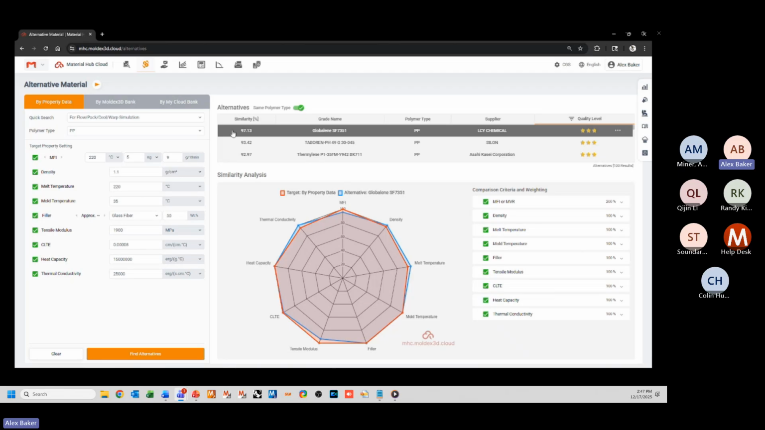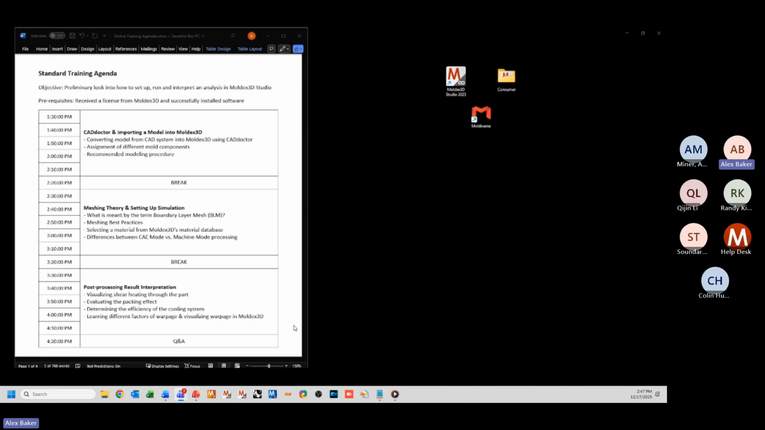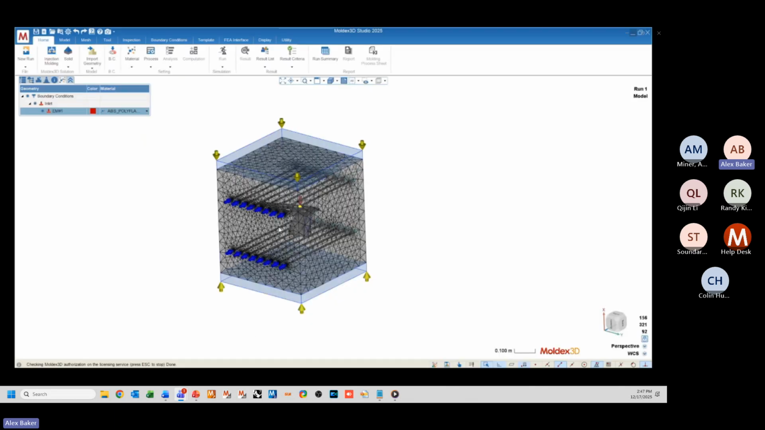And this tool will output a similarity index for the materials that exist in our database. And then from here, if I click on the triple dot, I can export or download this material file, and then I can import that directly into my simulation. So if you don't have the material file available in the public database, you can search for a reasonable alternate to use as a stand-in for that